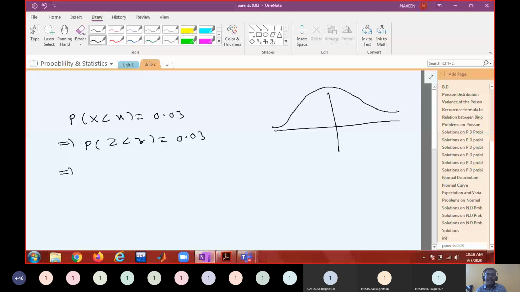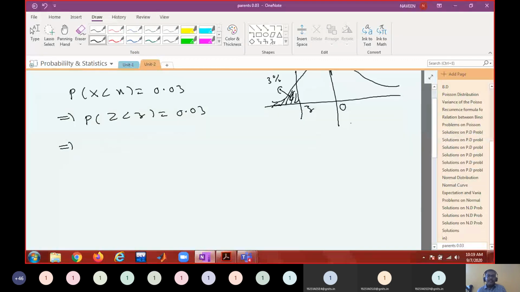Okay. Now I am drawing the standard normal curve. The mean is 0. I am writing this point as z. I want this area to be 3%. I have drawn a bigger area, actually. So how can I say this? Z less than minus z. Here, is z negative or positive? Negative. Z is negative.